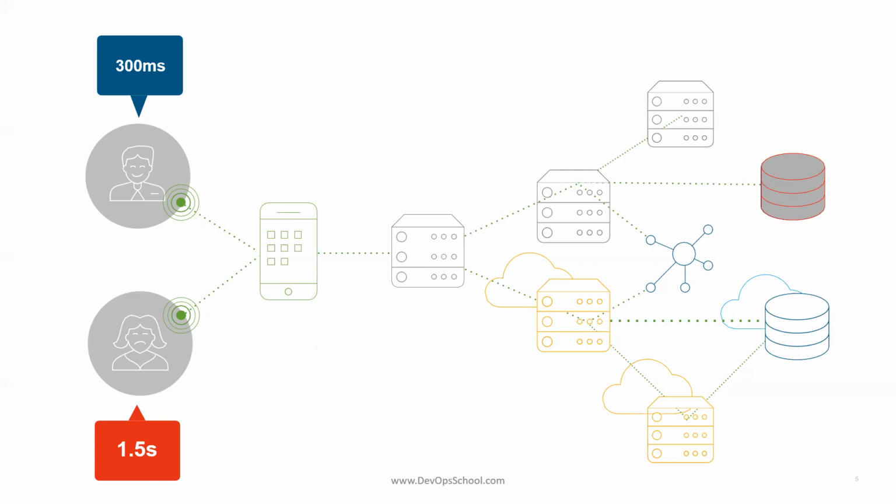And here, you see that when your end user accesses the application, irrespective of what device, it can be mobile, laptop or iPad or whatever it is, different browser, different region, different location, different ISP, and then hits the load balancers, and load balancers to app server, web server, database server, different microservices, third-party libraries like payment gateway, and ultimately you get a response. So some users get a response in 300 milliseconds, some users get a response in 1.5 seconds. Okay, so your job is to find out